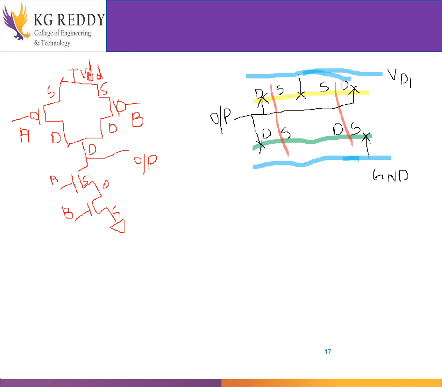VDD. You can represent it in either way, uppercase or lowercase, no matter what it is. Okay, so here this we have done, and this also we have made it a short. See, this also we made it as short, right? So finally this drain and these two drains are shorted and we are showing it as an output. So this is how we draw the stick diagram. Okay, so for further we have few more examples.